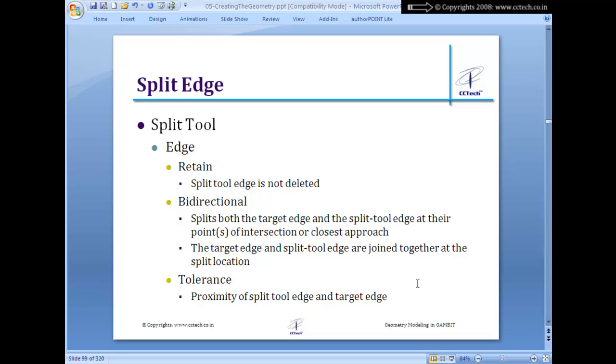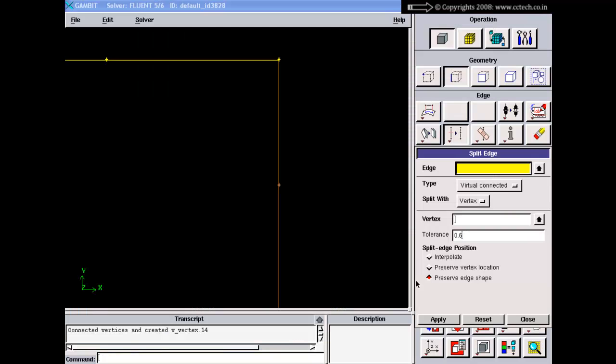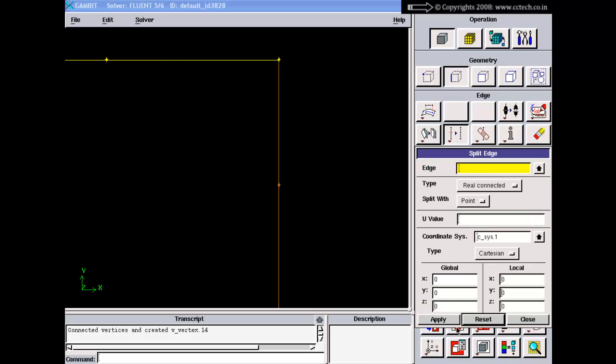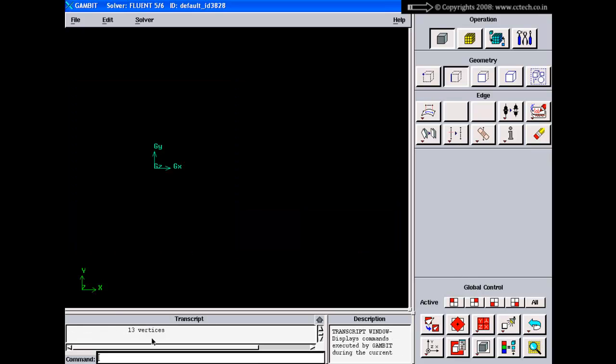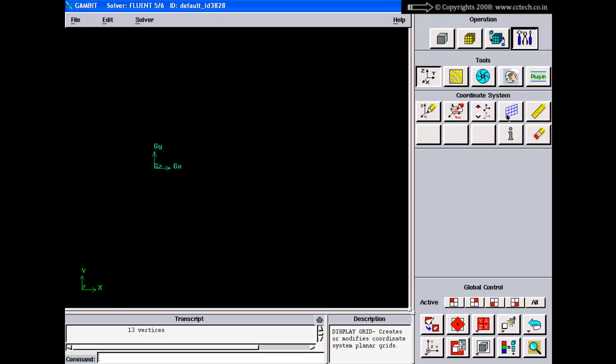So this is again an edge as a split tool. It means if you have two edges which are intersecting with each other or which are not intersecting, then you can control it by tolerance. So if you have two edges, let me create two edges. I will just say reset and again use the